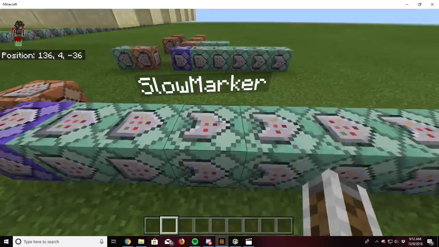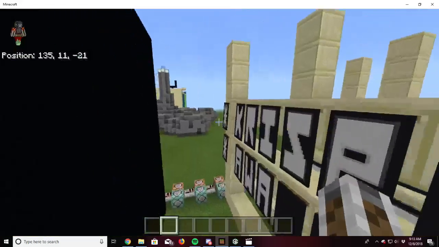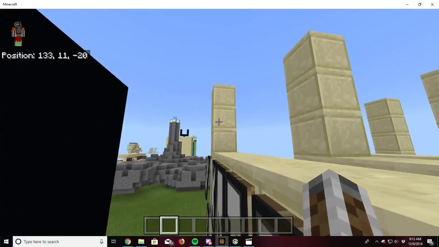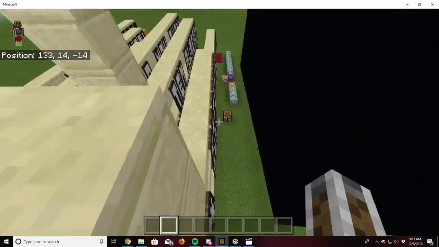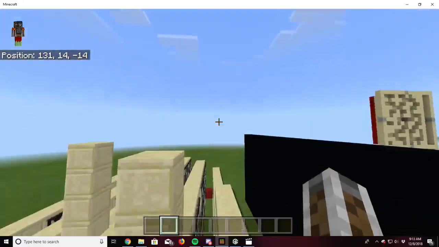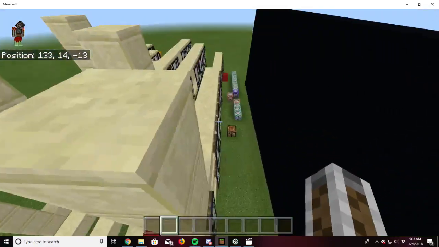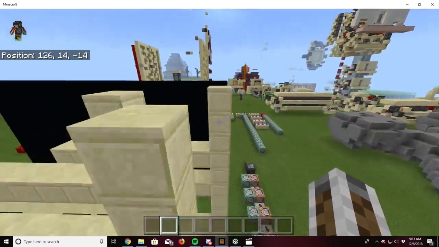And so then after it does that, it copies the page. Whenever it's flying across and it spots a banner, what it does is it clones from this position right here. The X will be whatever the banner's on. So say the banner's on this row, the X would be 131. If the armor stand is on this row, then it'd be 133. But it'll still have the same